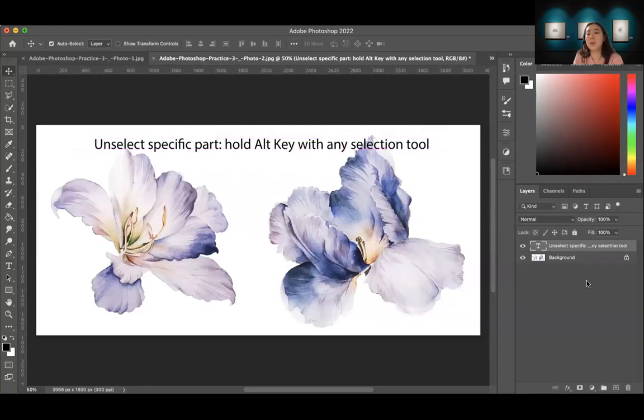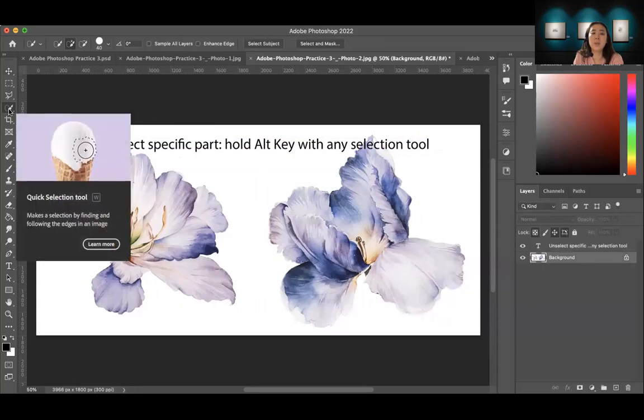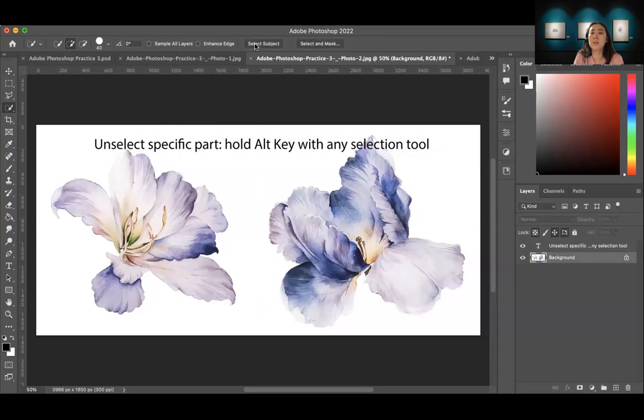So let me show it to you again. I want to select the flower. So hit any selection tool. I'm just choosing the quick selection tool and click the Select Subject button. Then see, the two flowers are selected. I don't want to select the right one, so I'm going to deselect this part, the right one. So I just click this